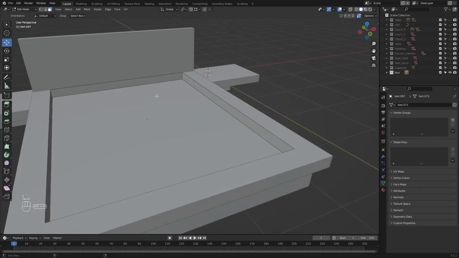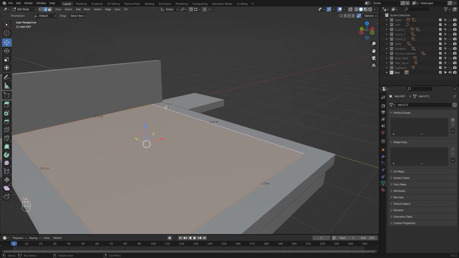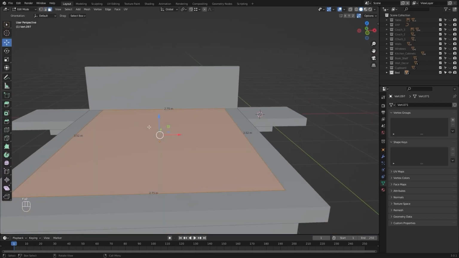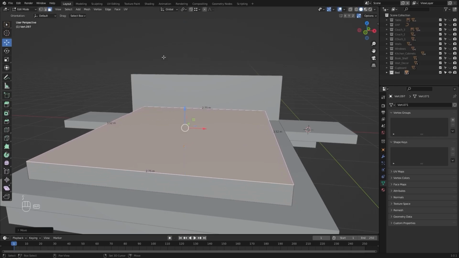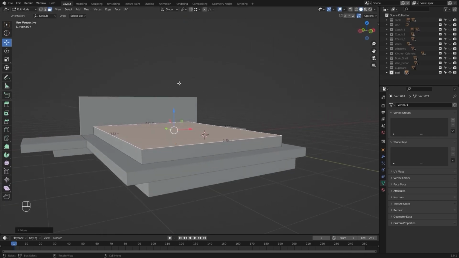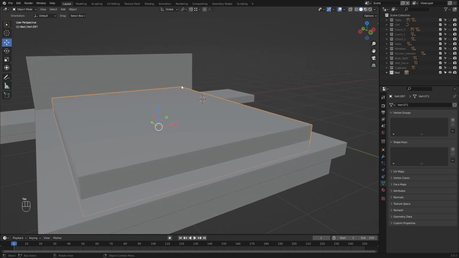Okay, let's go into the edge selection mode. I'll select these edges and press F. I'll select these edges and press F. Let's select this face and let's move this face on Z. Okay, let's hide this object